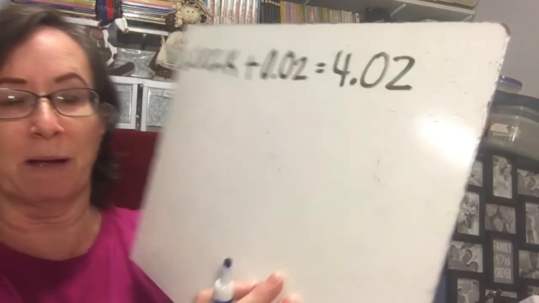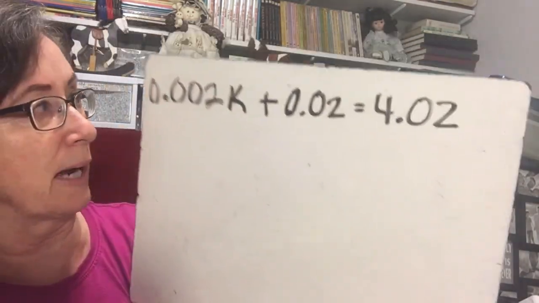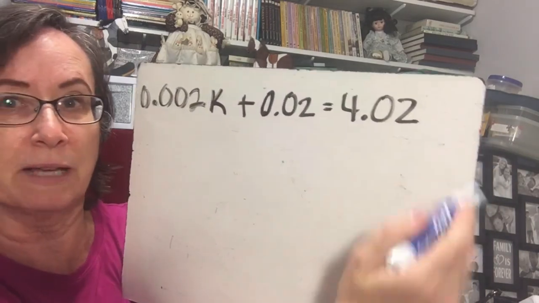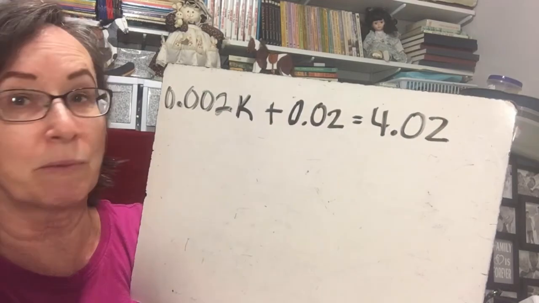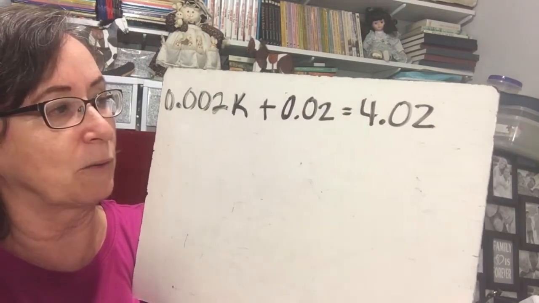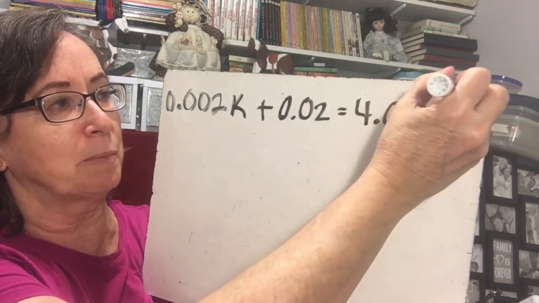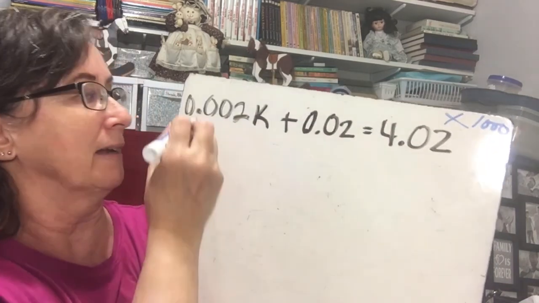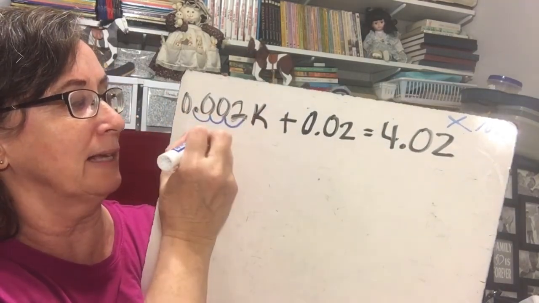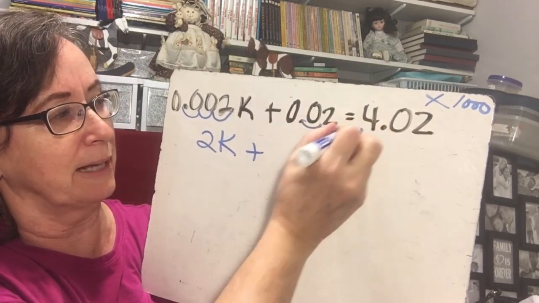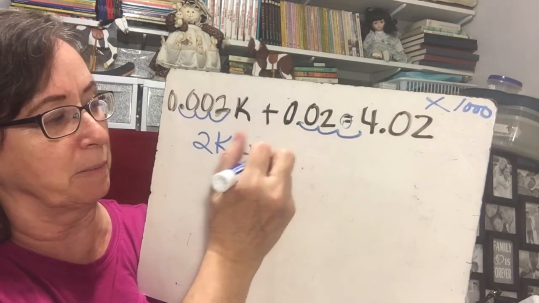Okay, so now we're going to do the last problem in the section, and then we're going to come back and do some practices. So here I have 3 decimals, 2 decimals, 2 decimals. So I will move them all 3 places because I always go with the largest, and that's times 1,000. So when I multiply every term by 1,000, it's going to move the decimal place 3 places to the right. So 1, 2, 3, and that's a 2k, plus 1, 2, 3, and when I add a 0 there, that's going to be a 20,